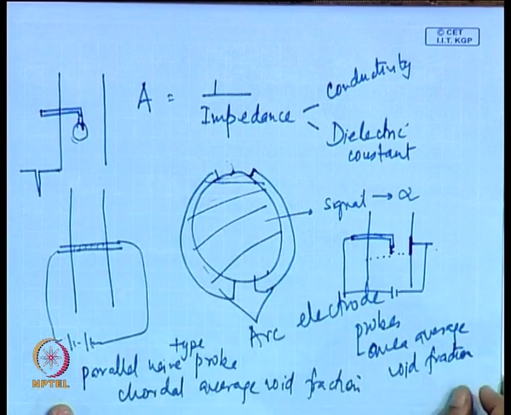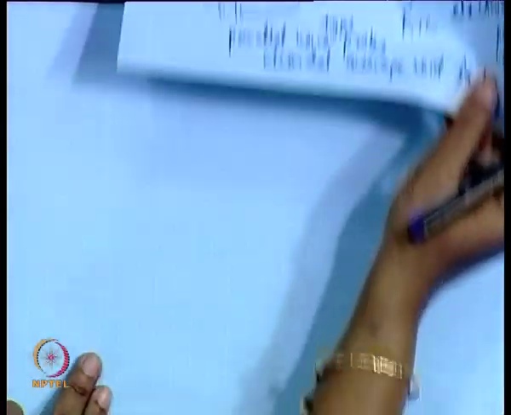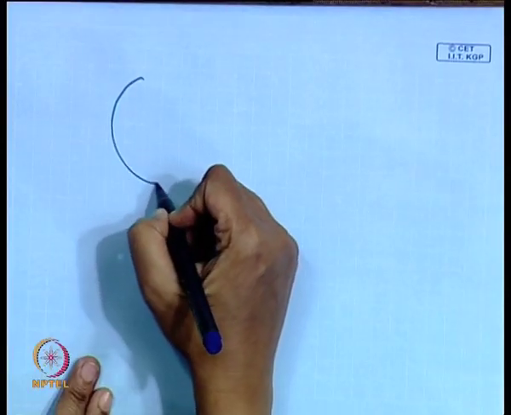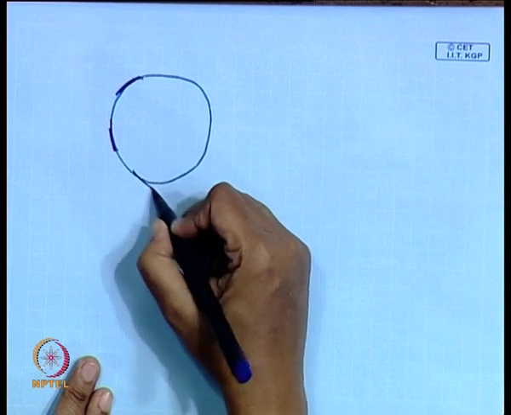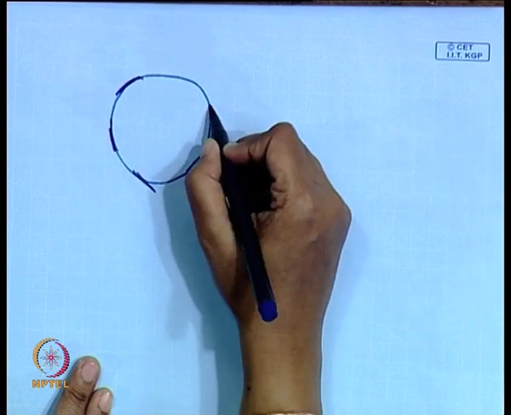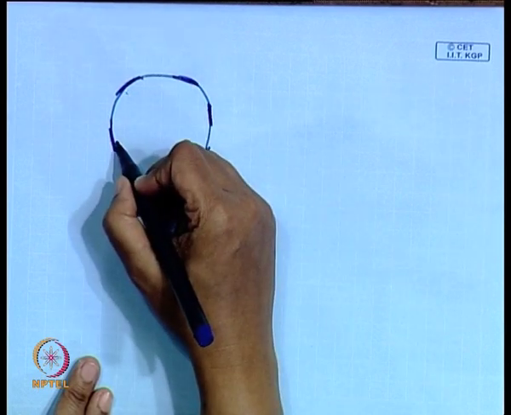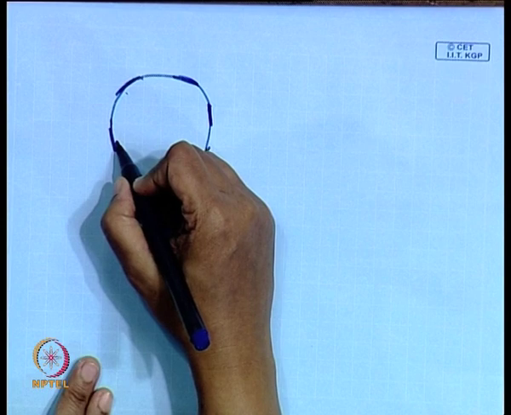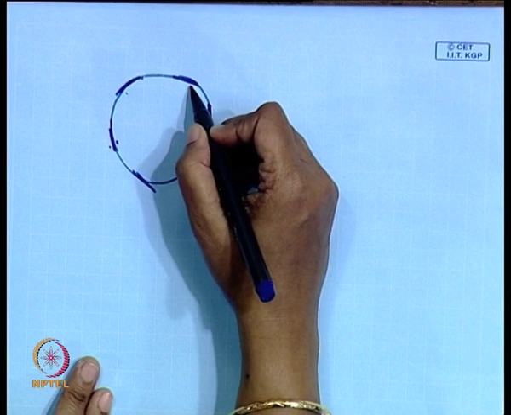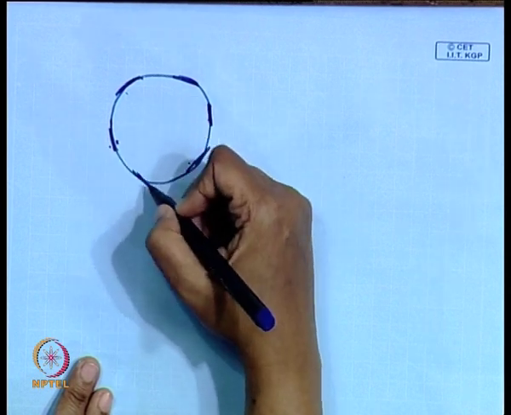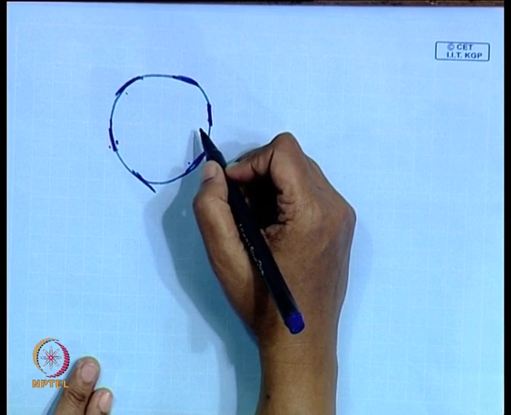Now, instead of this arc electrode probe, there is one other probe which people have used and they have got quite good results, very interestingly. They have put 6 electrodes along the wall, and alternate electrodes are energized simultaneously. Once these two are energized, from a proper average we get an idea about the cross sectional average void fraction.